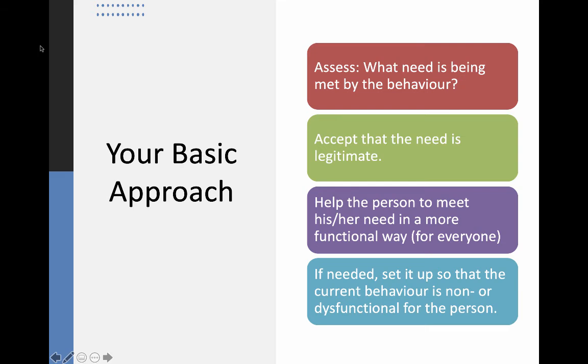So we have a whole module on assessment in the first semester, and I certainly won't be reiterating all of it here. But functional assessment involves taking a look at the person's medical needs, particularly if we think there might be some medical explanation for their behavior. It also includes taking a look at their behavior in the past and talking to people who've known them and worked with them for some time, including their own family and other staff. It includes organized ways of observing and recording data for people.